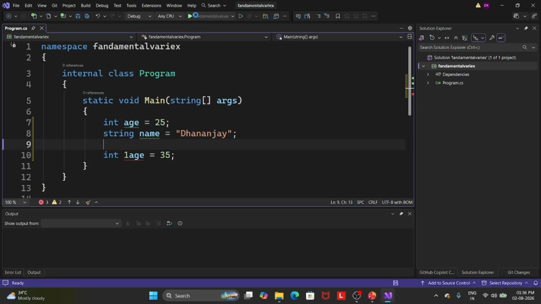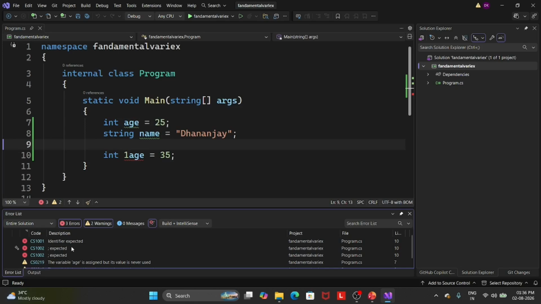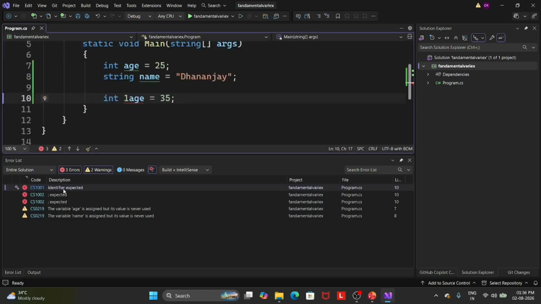So simply we run it. See, here is an error. What is the error? Identifier expected. Semicolon expected. These two are the warning, not error. You can have one, two, three error messages. Identifier expected. So again we give another one, and again it gives the error message.